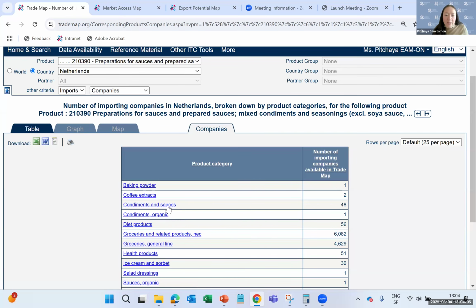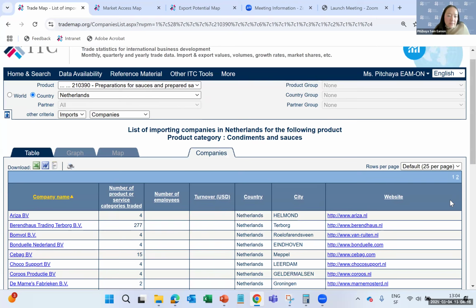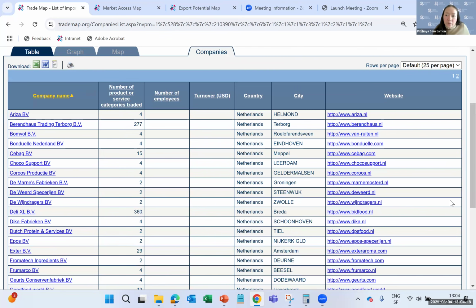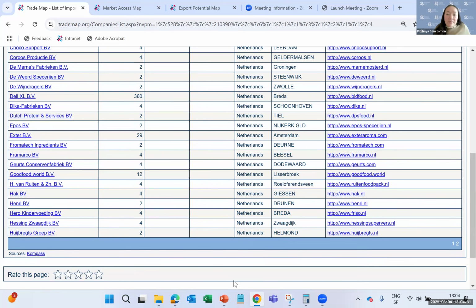I will click on condiments and sauces, and let's see what kind of information we will get in terms of companies from the Netherlands. Okay, we have the full list here. We have 2 pages as we saw previously. There are 48 companies, and this is not exhaustive. Again, it is these 48 companies that signed up with Compass, declaring themselves that they are importing, exporting, producing, or